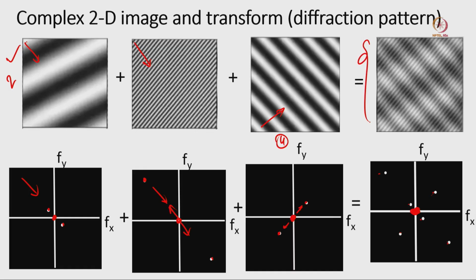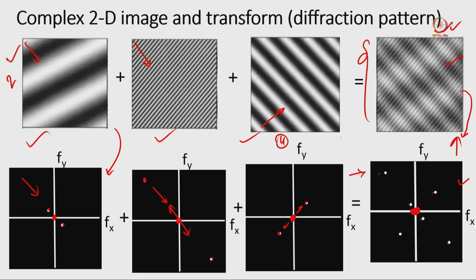So, now you understand that when you get 10 images, you get this kind of complicated image, and this complicated image is a combination of different types of sine and cosine curves, and for those sine and cosine curves we just plotted their amplitude in the diffraction pattern. And the combination of all of them gives this kind of diffraction pattern. If we go from this diffraction pattern, we will get this particular image. If we take this image and do the Fourier transform, we will get this diffraction pattern.